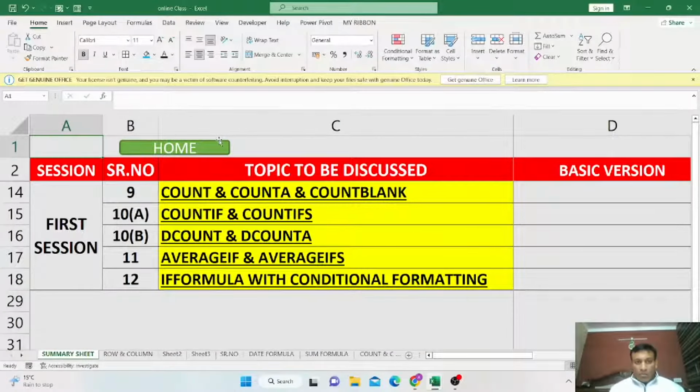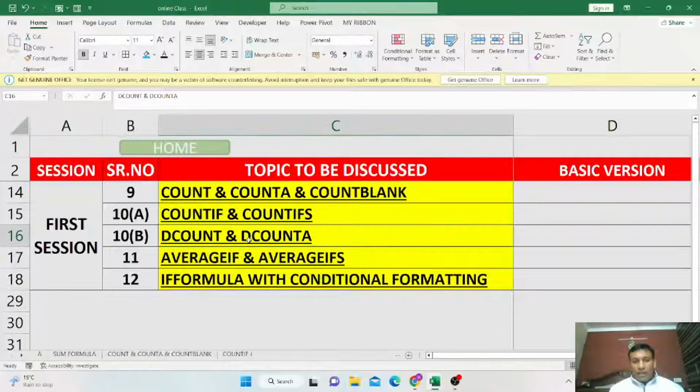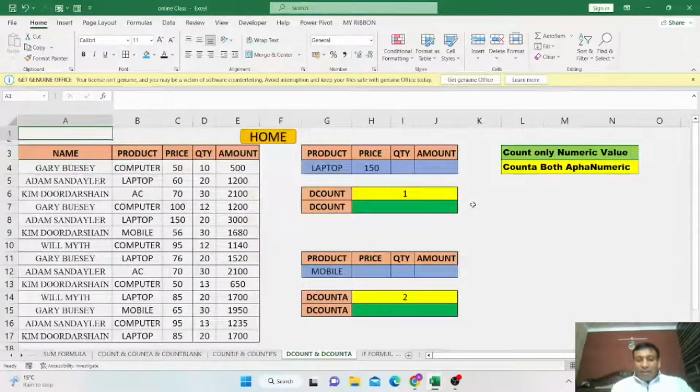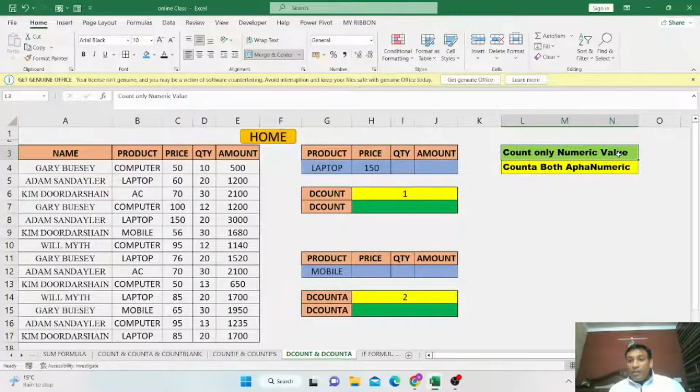I am going to the next formula, which is DCOUNT and DCOUNTA, in which first we have to understand COUNT and COUNTA. I already mentioned at the right side, COUNT will count only numeric values and COUNTA counts both alphanumeric values. But what is DCOUNT? DCOUNT works on a criteria basis, will count only numeric values, and DCOUNTA, they are all working on a